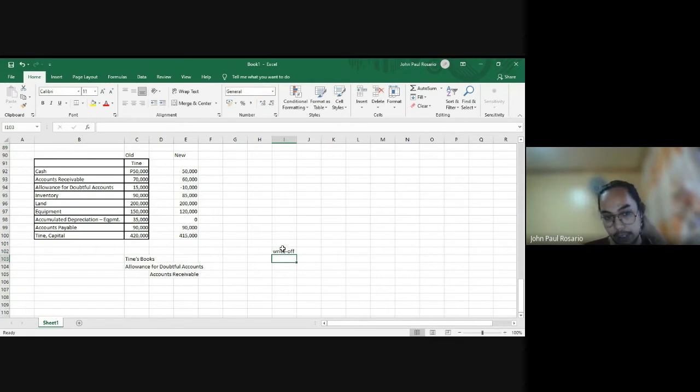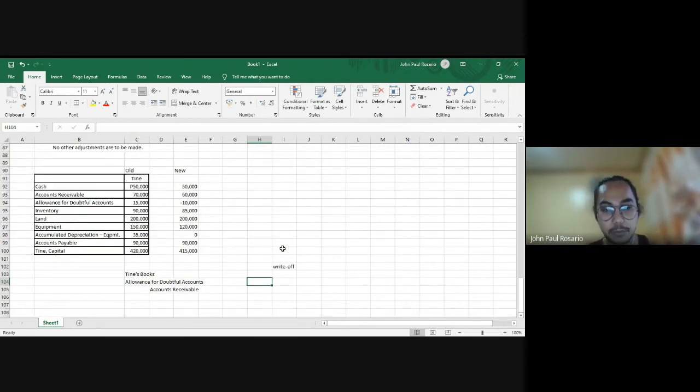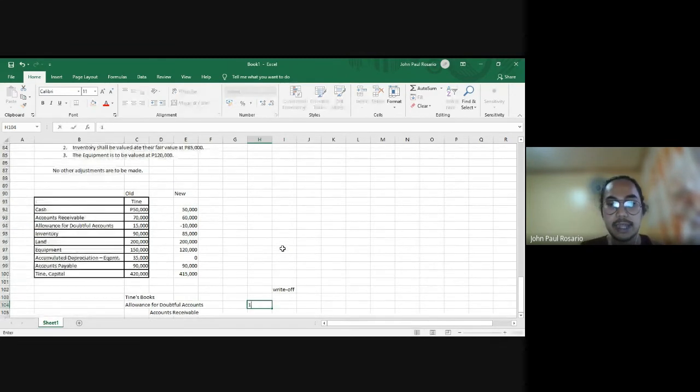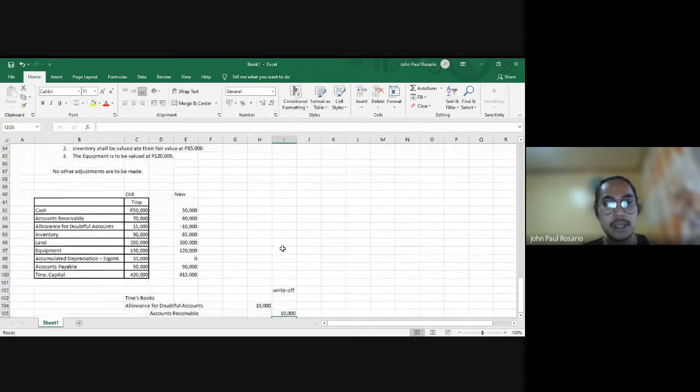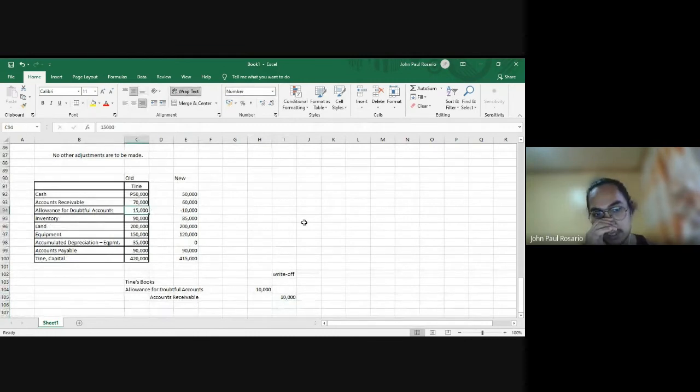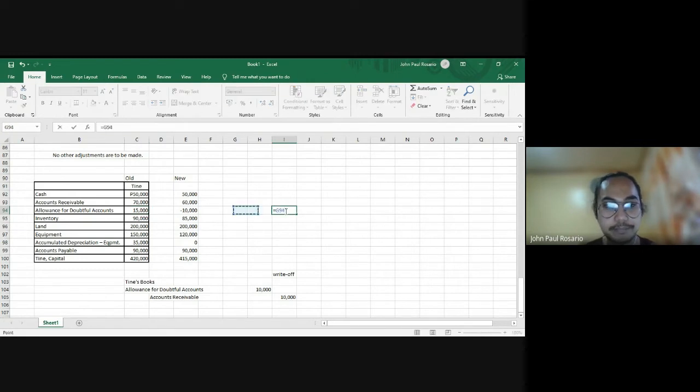Okay. So in writing off your accounts receivable, you debit allowance for doubtful accounts and credit accounts receivable, amounting to 10,000 pesos. And then, if you can see here, our existing balance of allowance for doubtful accounts is 15,000 at credit. So if we have reduced this amount by 10,000, the remaining balance of your allowance for doubtful accounts will now be